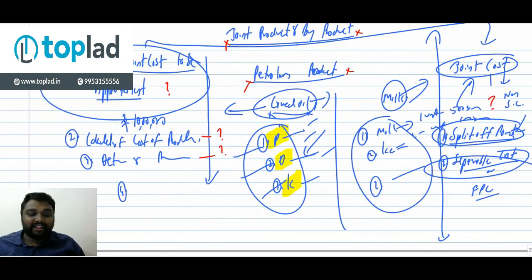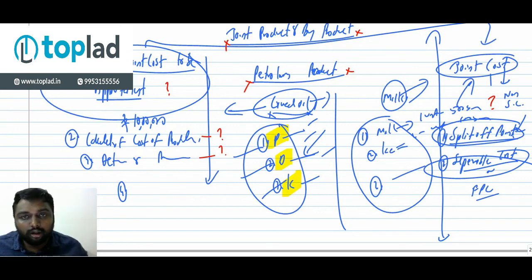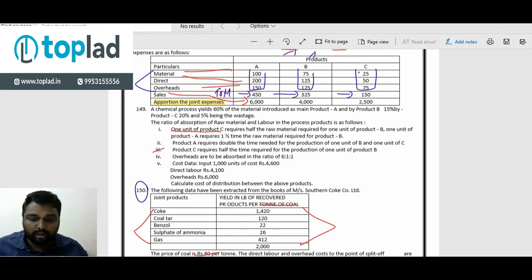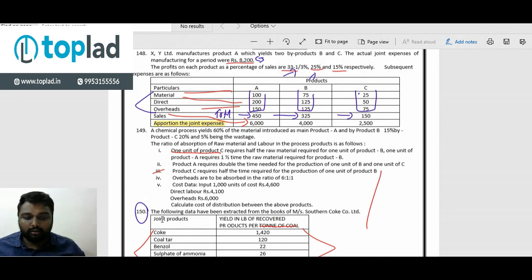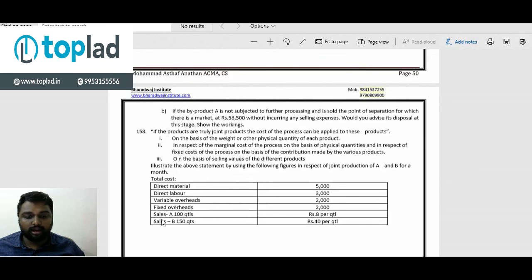This is part 1. In the next session we will discuss the other methods, because it will take time. We have enough time. We will go for the NRV method, the contribution margin method, and the marginal costing method. Moreover, the main thing: is it profitable to further process or not? We have to do some more additional questions. The balance of around six, seven or eight questions we will do in the coming classes.